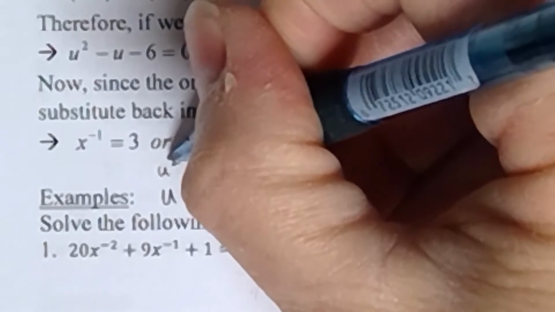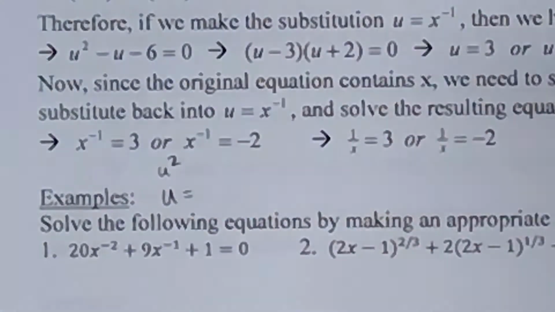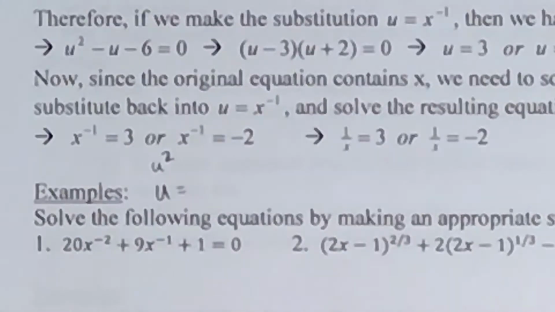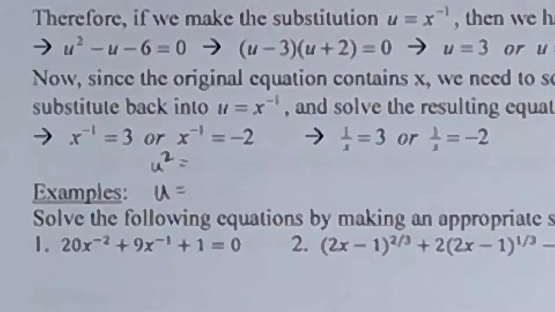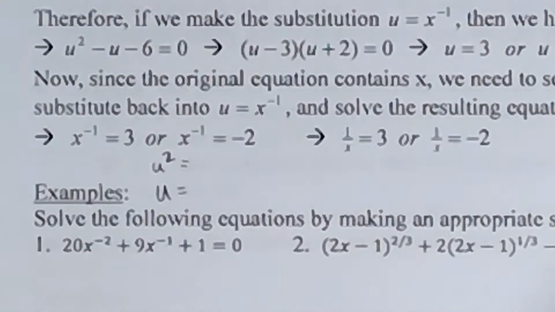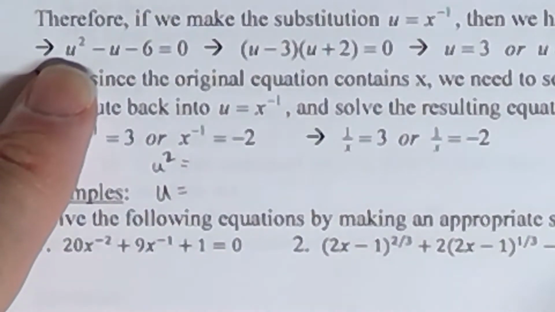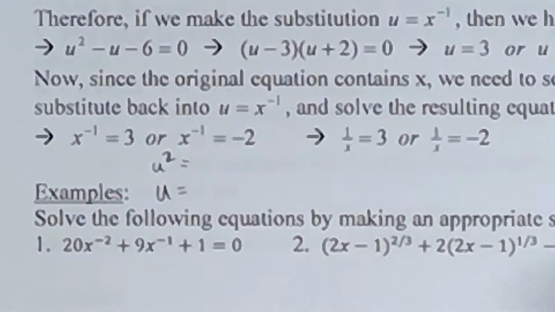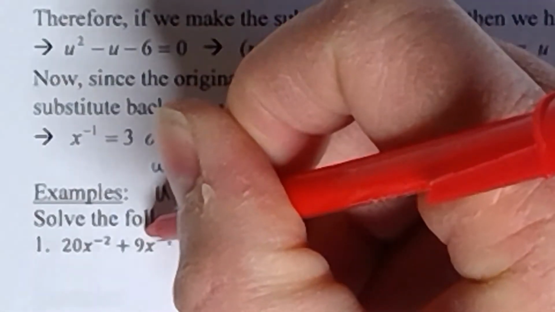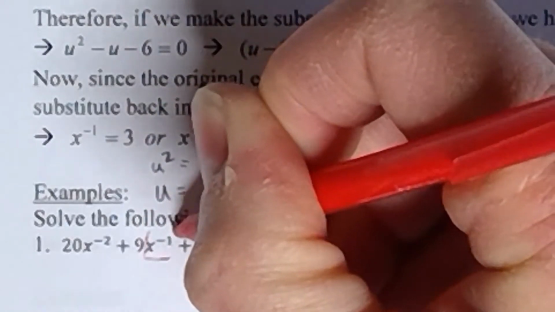So in a similar way, if I choose a particular thing in the equation to be my u, I need it to be something that when I square it, that thing will also be in the equation, so that I'll have my u squared as well. Remember, we need a u and a u squared in the equation. So here's the thing. What if I choose this thing right here